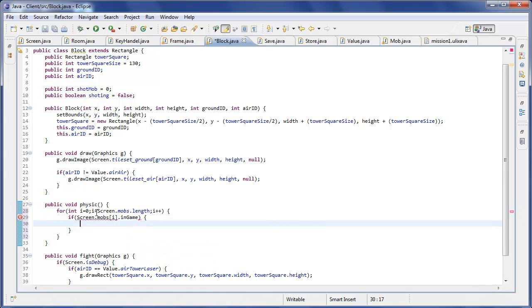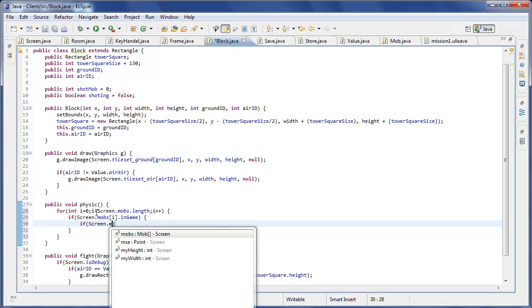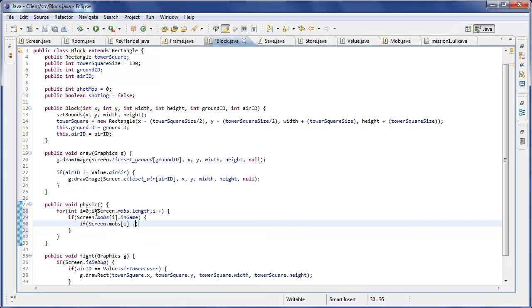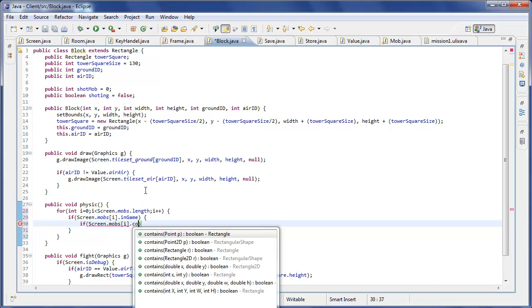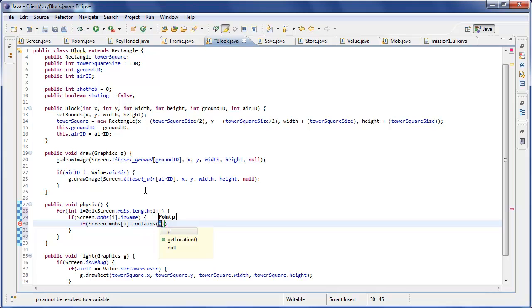Just check if it's in the game, and then if screen dot mobs i dot interesting dot contains tower square